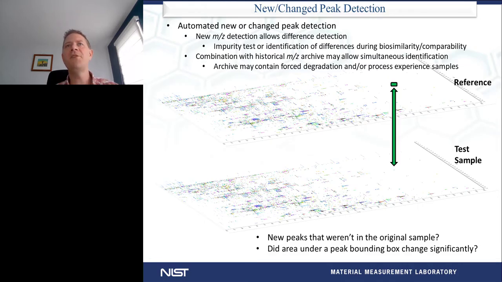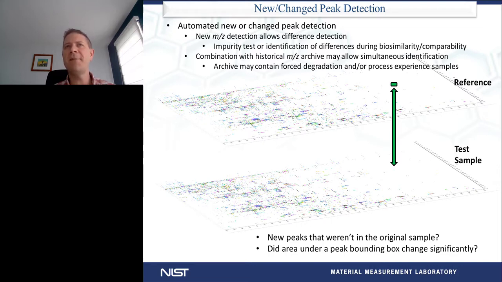So then we can do new and change peak detection that I mentioned before. So once we have those bounding boxes in the previous slide, we can actually quantify, again, on routine samples and test samples, how much of the material has actually deamidated and in which fashion. But we're then having bounding boxes, for example, in the reference slide here. We're not actually using the entirety of this space, right? There's a lot of white space where we don't have any signals.